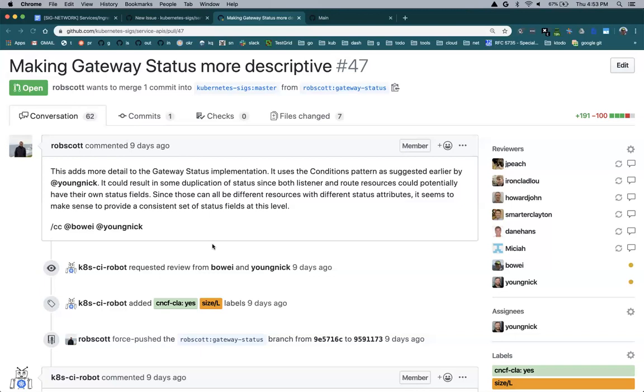But if you have positive conditions, then you have one positive condition to say all the routes are okay. I guess that's something we have to decide, whether that becomes a "you must do this" for implementations.